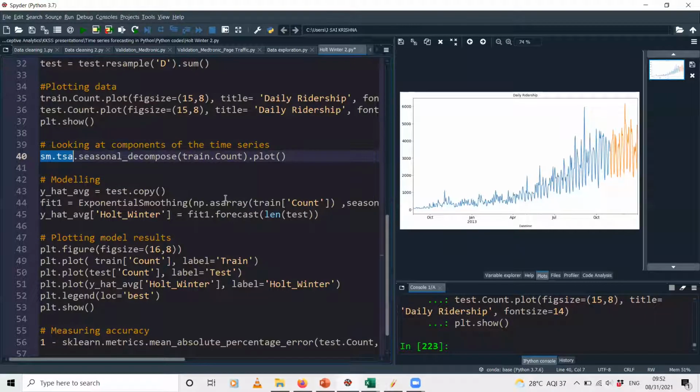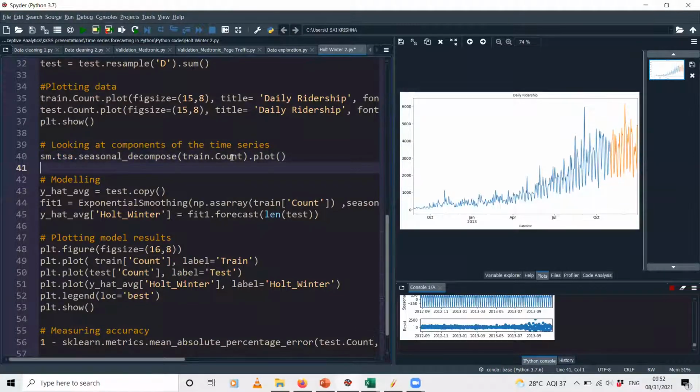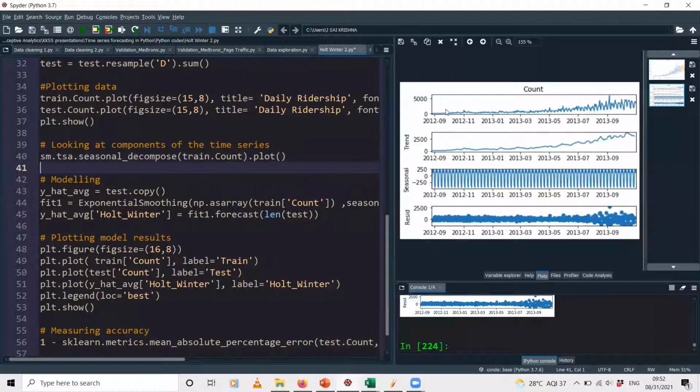Okay. So let me just run this line over here. And yeah, if you see, the first box is the actual plot of the data, the actual time series plot. In the second box you have the trend component. In the third box you have the seasonal component, and in the fourth box you have the residual component or the random component. This is what I told you is the noise, right? It does not mean that there is any pattern. This is just noise in the data, but the data has trend and seasonal components to it.